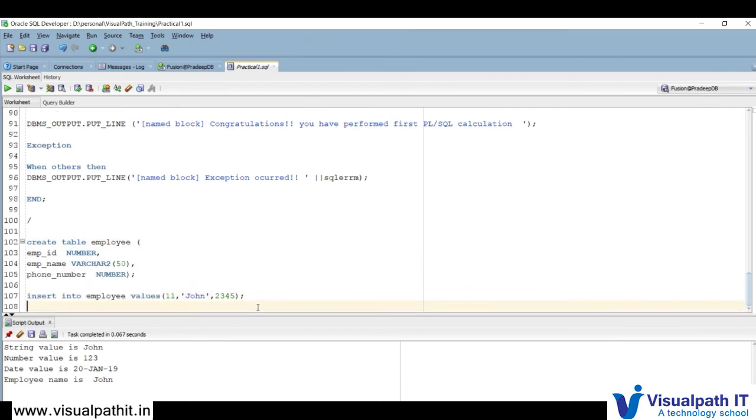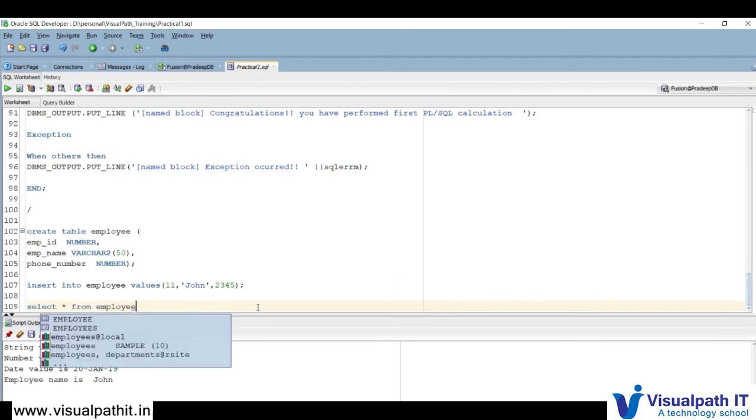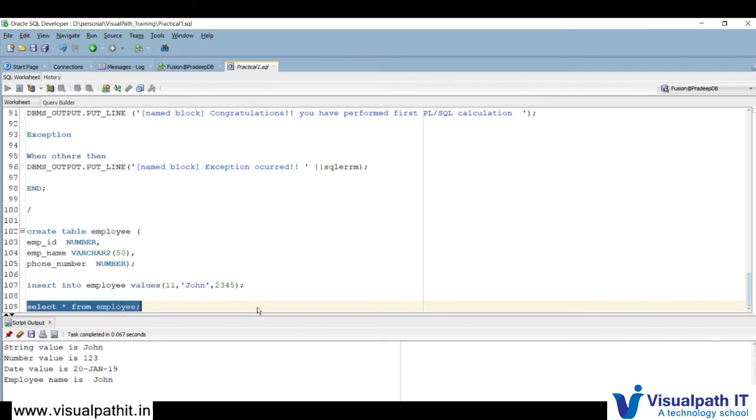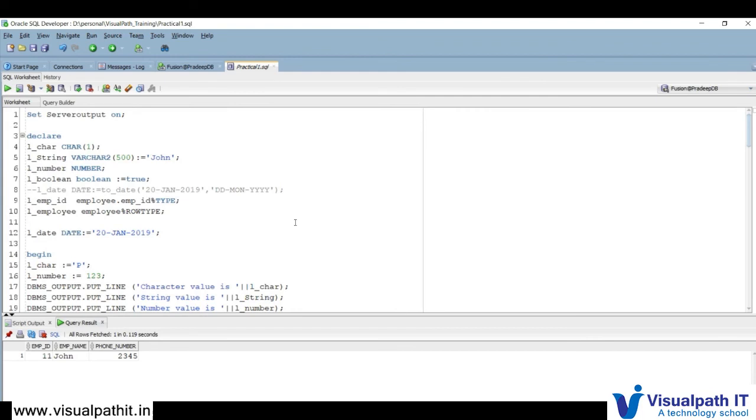Okay, so if you see, you will find one row. Now I have anchored this L_EMP_ID, a local variable to this PL/SQL block, to the employee ID column.